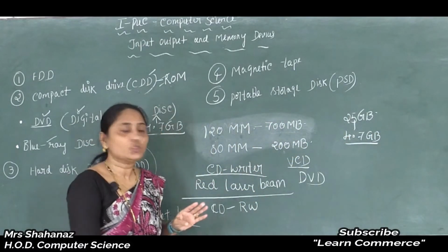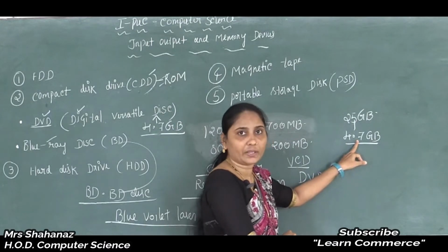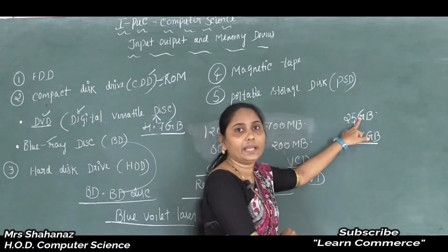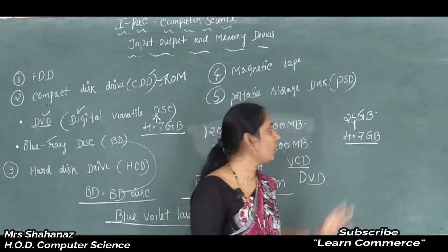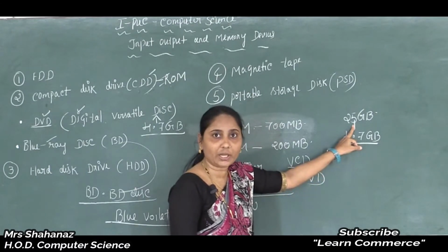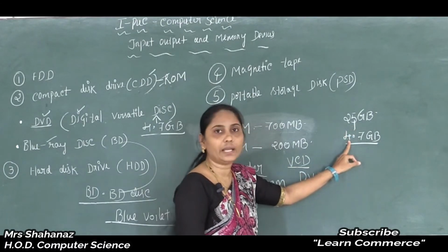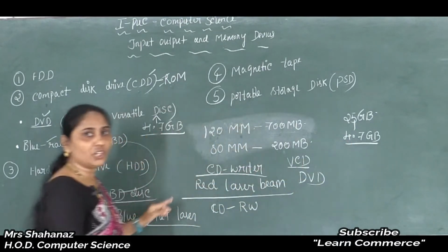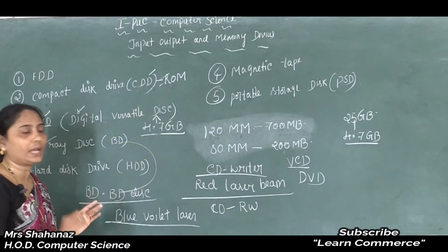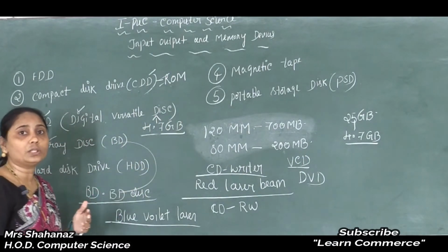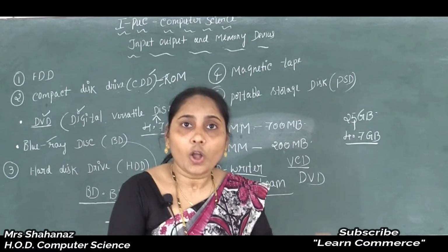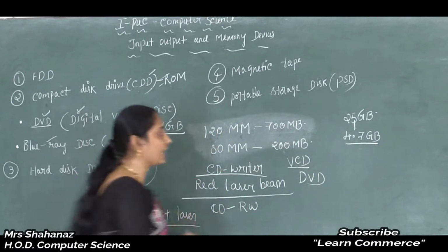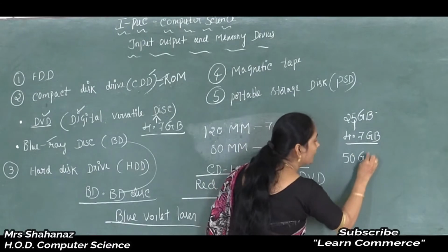So this is more information. That means by using a Blu-ray disc we can store a lot of information. A single layer of the Blu-ray disc can store around 25 GB, as compared to a single layer of DVD at 4.7 GB. And what about the double layer, or dual layer, of the Blu-ray disc? A dual layer Blu-ray disc can store around 50 GB of information.